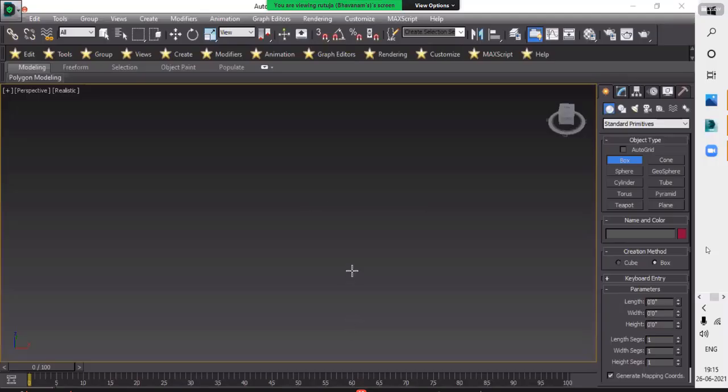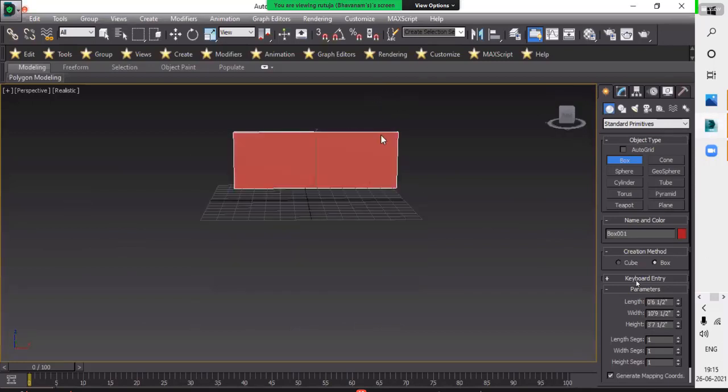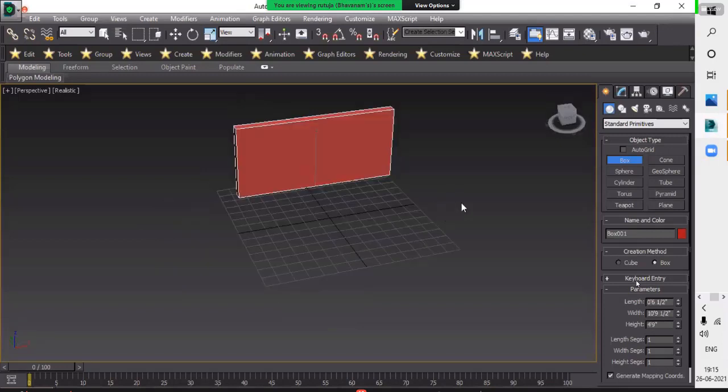So I will share my screen here. Move. Create box. Okay. You know the height of the building? It is 10 feet here.